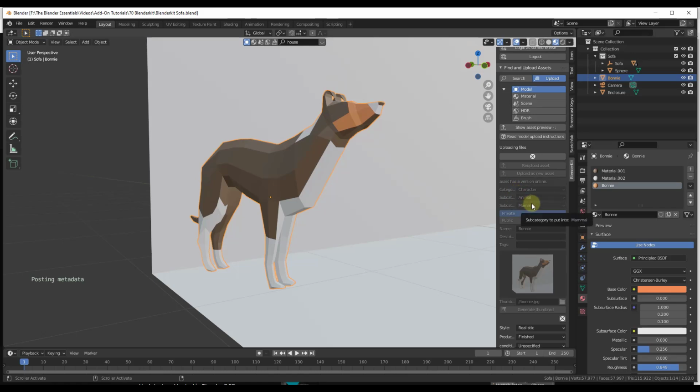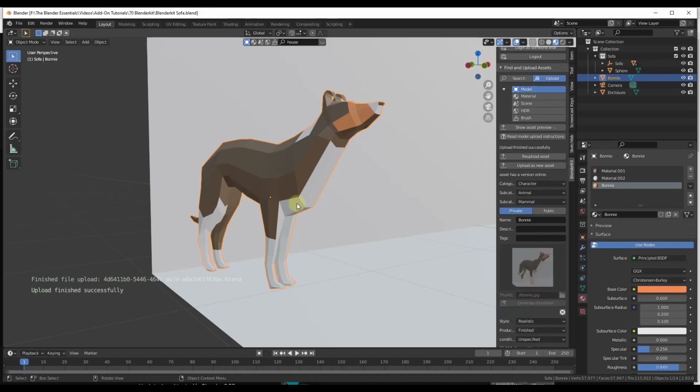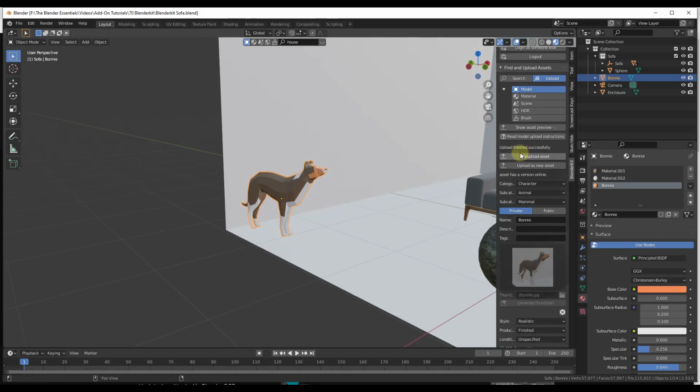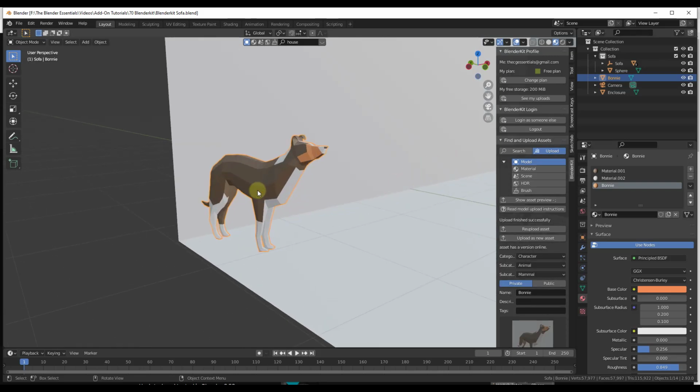So I know with the Blender Asset Library coming up that this might seem like a feature that you don't necessarily need, but the cool thing about this is a cloud-based function that's going to allow you to access your models in the future from any browser or from any computer that has Blender on it. So it's going to be a really cool feature if you do want to access that from multiple computers and don't really want to mess with like shared file structures and things like that.